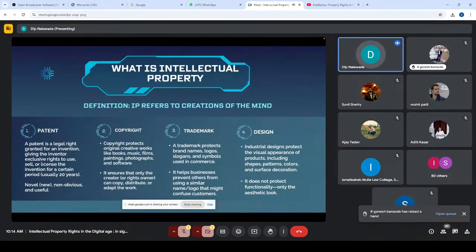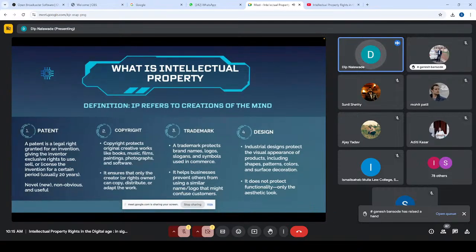Then the patent has to be novel. Yes, it is very obvious that novelty is a very important aspect, which is new, which was not done before, and which has to be non-obvious. For example, if there are two planks that I want to join, and I say I can use one screw to fit them together, which is very obvious, you will not get a patent for this kind of arrangement. So your invention has to be non-obvious, and of course, it has to be useful. It should give some industrial applicability, or it should be useful in some industry applications. So this is patents.